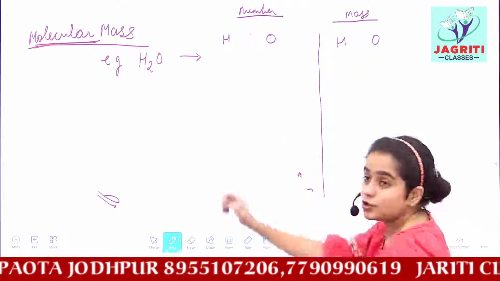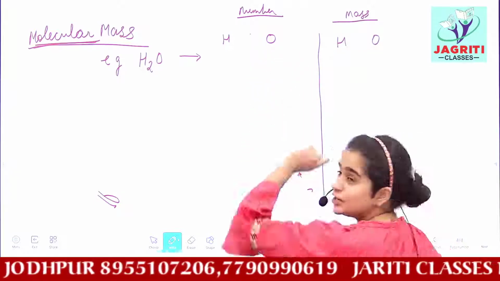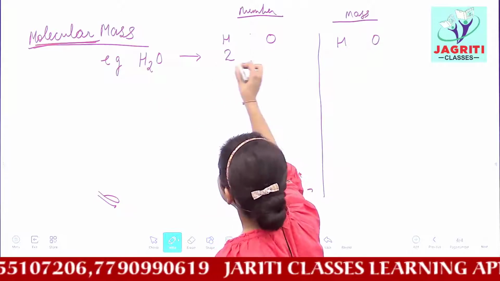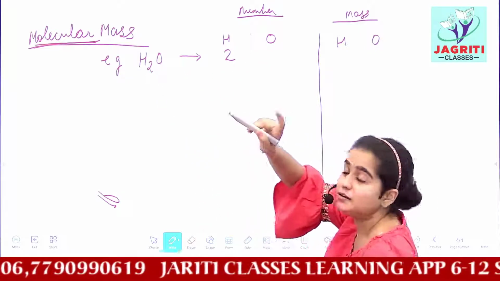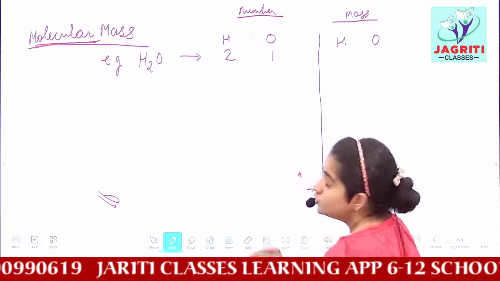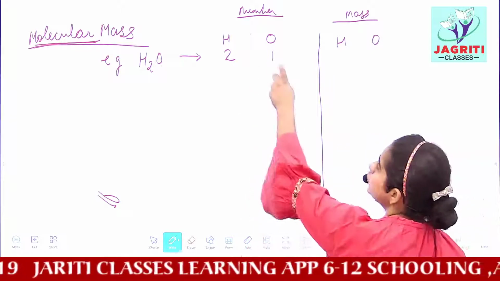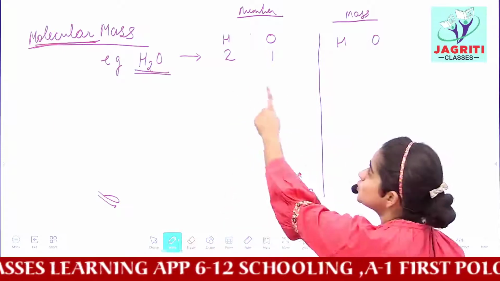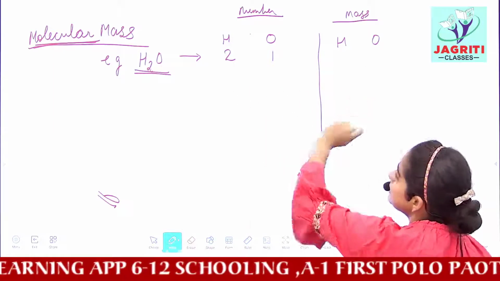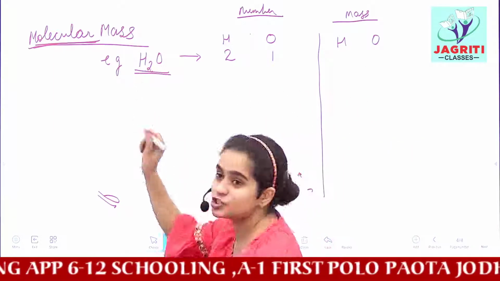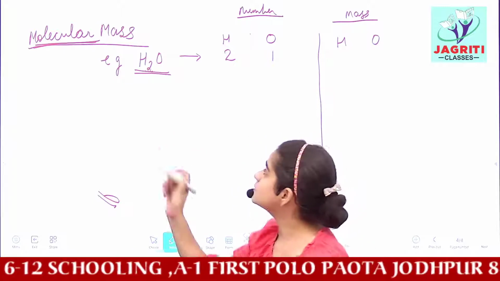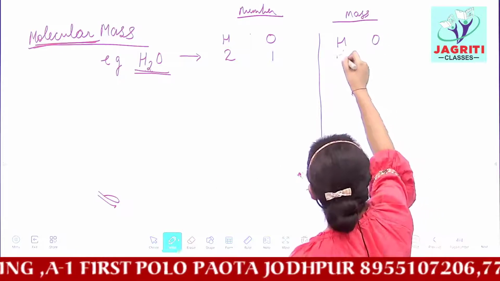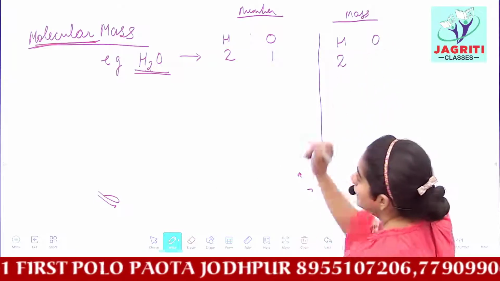As we see the ratio of number, here the number of hydrogen atoms is 2 and the number of oxygen atoms is single, that is one oxygen atom. So the number of hydrogen to oxygen in this water molecule is 2:1. Whereas if you see the mass, the mass of one hydrogen is 1 unit. So the mass of two hydrogens would be 2 units. So according to the mass, we have 2 units of hydrogen and oxygen.